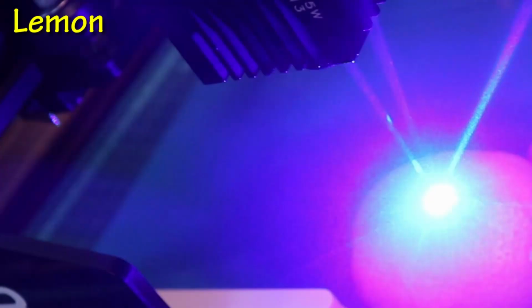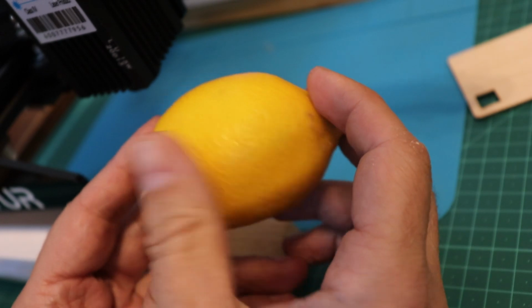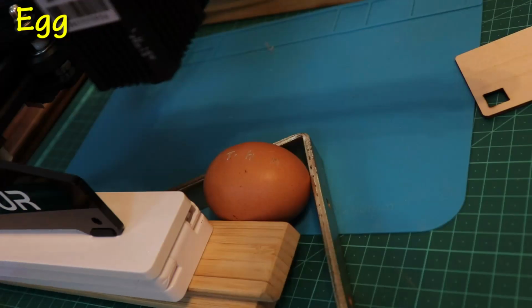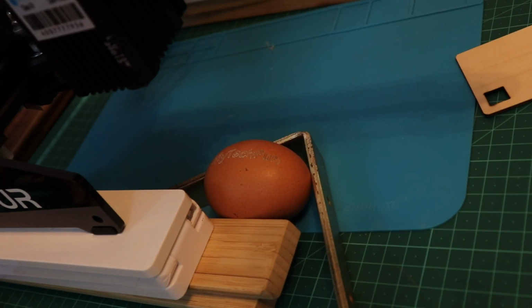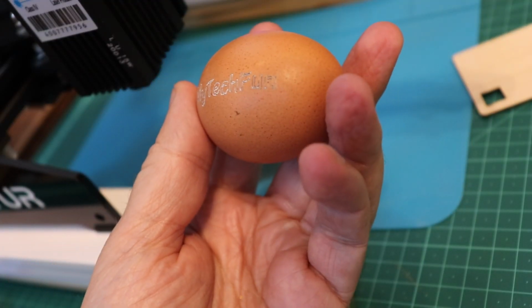And since I work at the food engineering department, I wanted to engrave some food, just for fun and curiosity, nothing else. I started with a lemon. Nothing on the lemon. Engraving egg, with some kind of middle success. Something is visible, not much, but...